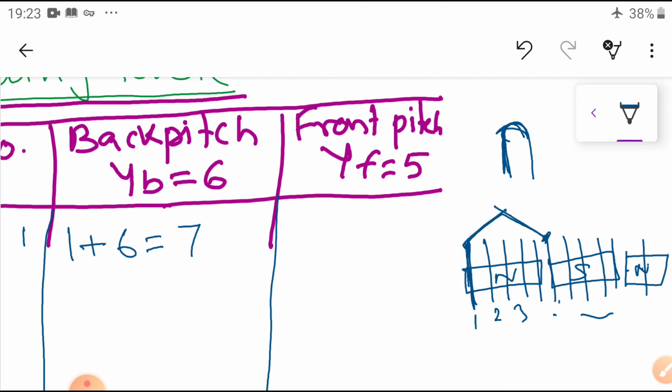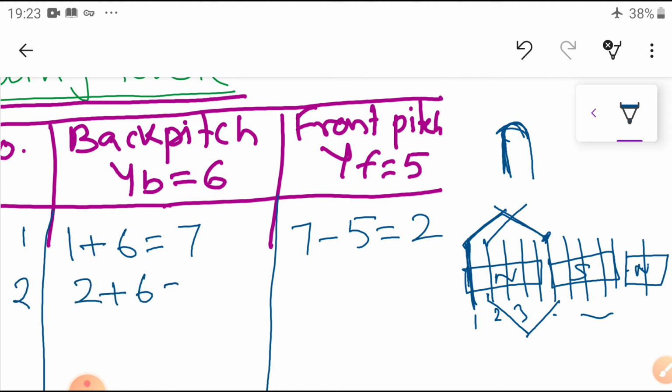Now, for lap winding, it has to connect to the front once again. For that, 7 minus 5 is equal to the second conductor, so I connect to the second conductor. Now the second should be connected to where? 2 plus 6, the eighth conductor. So I connect the eighth conductor. Now it is connected to where? 8 minus 5 is equal to 3, the third conductor.